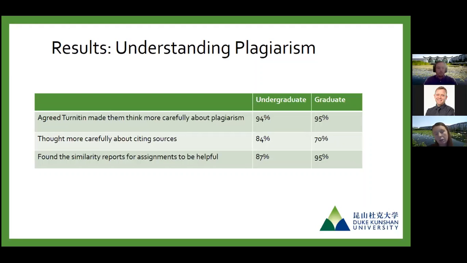Still, a relatively good number thought more carefully about citing sources, and 84% of the undergrad students is quite a good number, because we talk about plagiarism and introducing how to reference, how to cite, how to paraphrase, particularly in the first 2 sessions, so the first semester, if you will. So coming into the second semester, this should already be sort of a skill that they've acquired and that they're just practicing. Okay, thanks, Joe.